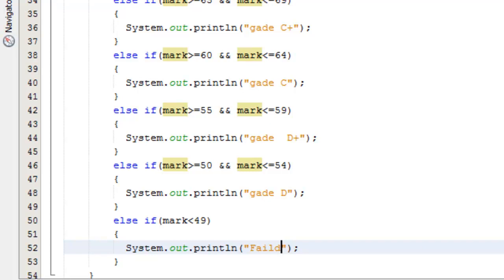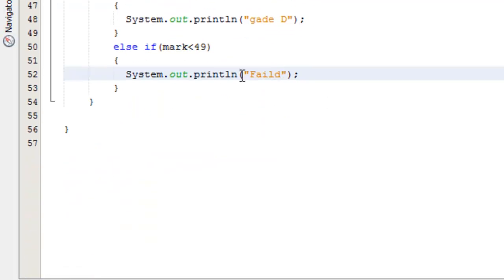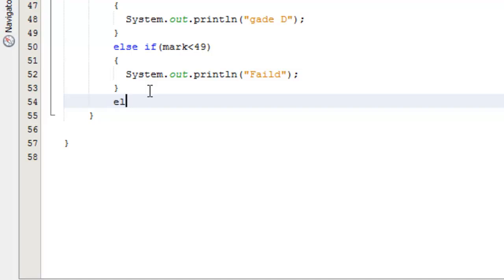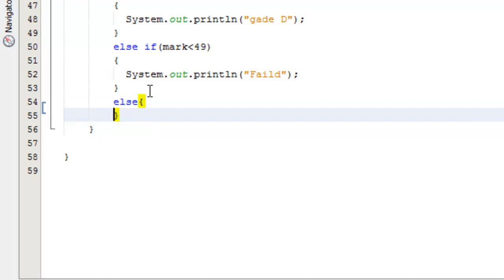But what if someone enters 101 plus, which is not recognized by the system? So what we have to do is get that as default. So we say else. Let's be our default. So here we'll say